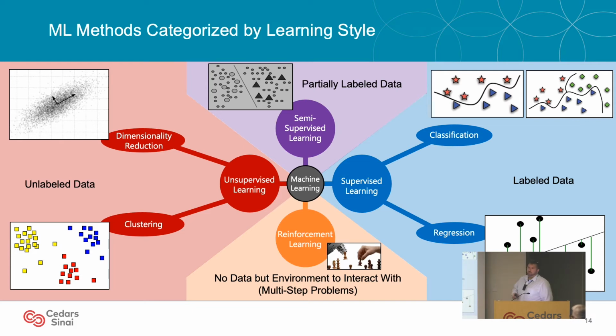And then lastly, we have reinforcement learning. This is typically something that's used for multi-step problems. So gameplay, game strategy is an example. When you're playing chess, every decision you make, every move you make, you don't know right away if it's a good move or a bad move. So the feedback you get is delayed. And that's exactly what reinforcement learning is meant to handle. This is probably the most challenging area of machine learning research.